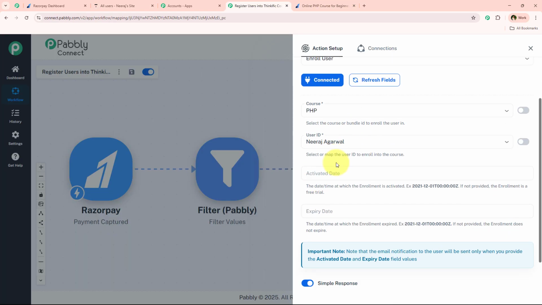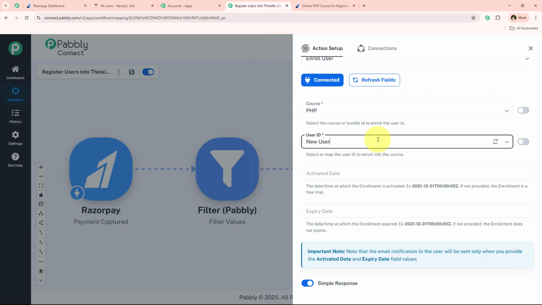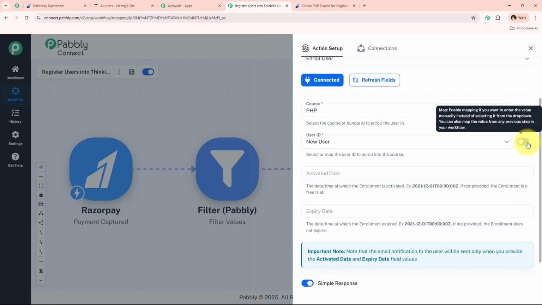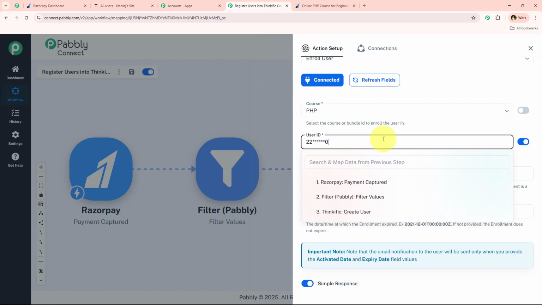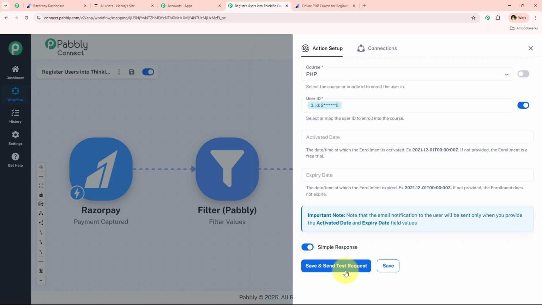Now it is asking me for the user ID. It is saying to select the user ID manually, but no, I'm not going to select it manually, but instead I'm going to map it. So I'm going to switch on this mapping button from here, and I'm going to map this user ID from the response of the Thinkific Create User. This is the reason why we created the user first, so that we can get this user ID which we can map. And after doing this I'm going to click on Save and Send Test Request,